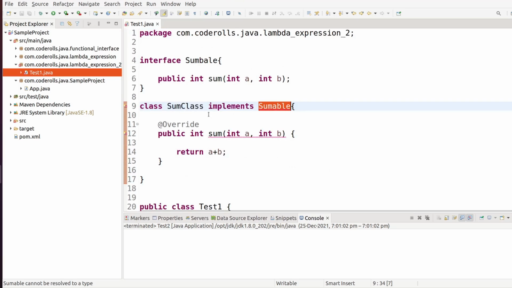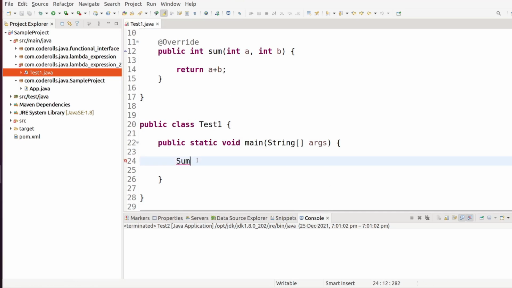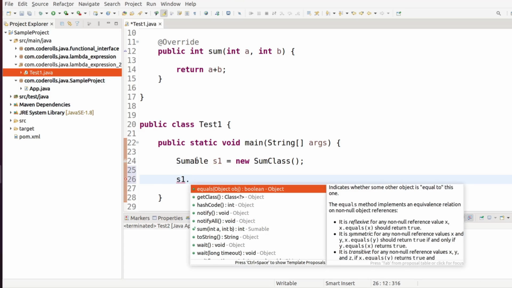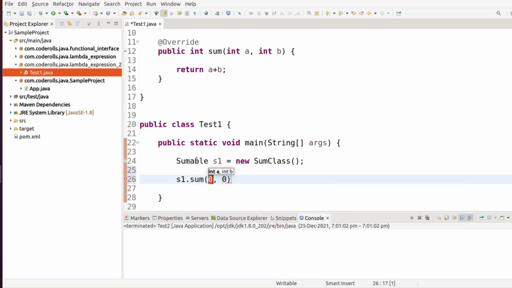And the same should go here. Summable s1, and here we will create new SumClass, and then s1.sum, we will pass 10